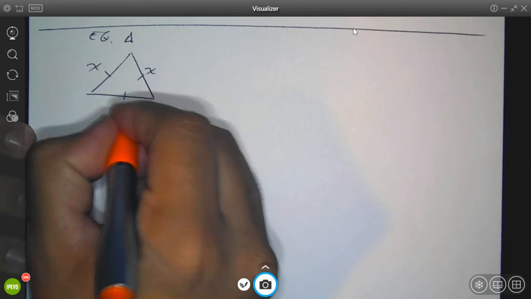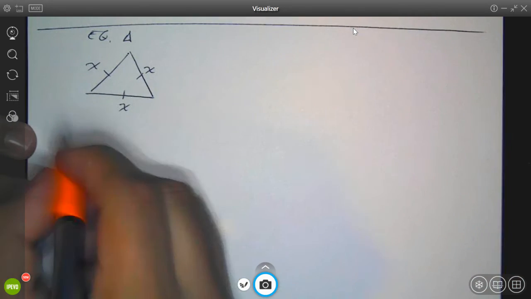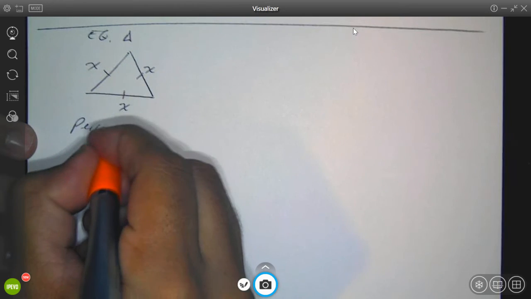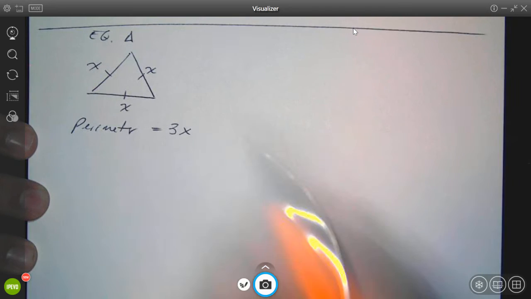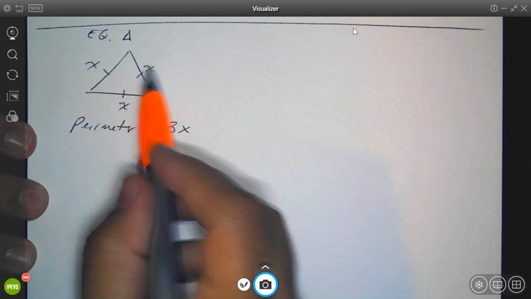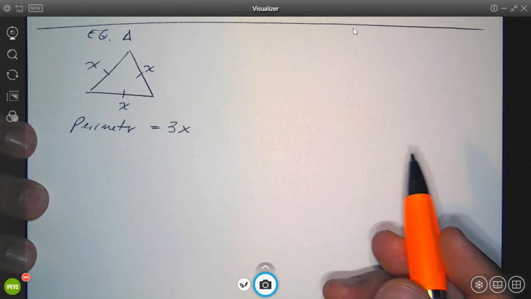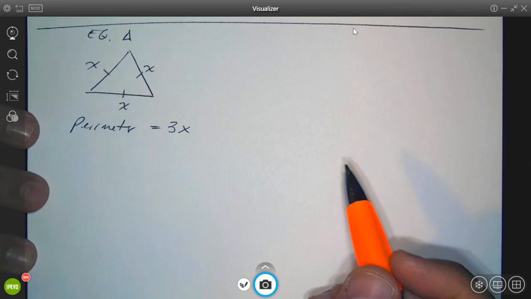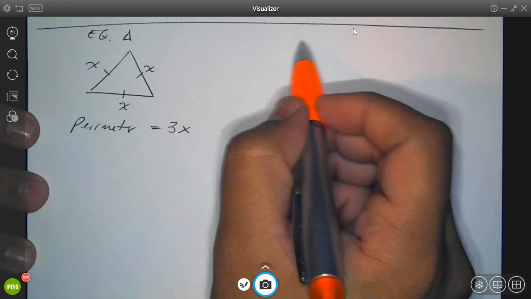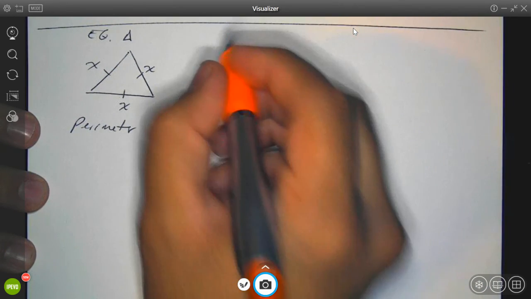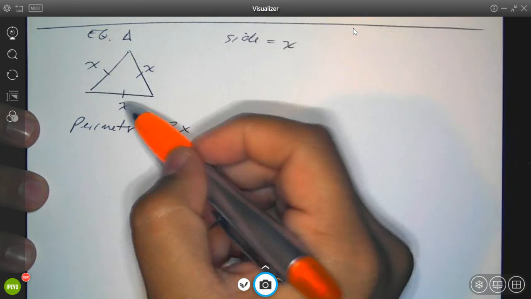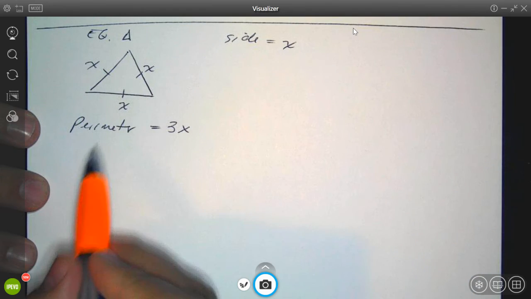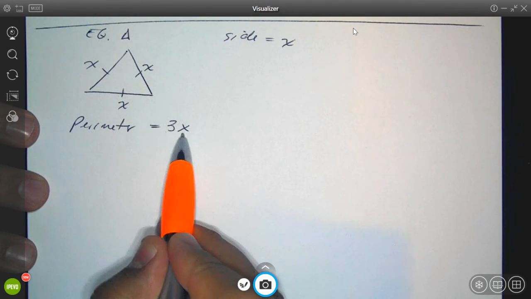For all I know, right? So what is the perimeter, right? We're talking about perimeter. So perimeter, call it 3x, right? Because it's 3 times the size. We have 3 sides, which is the common length, right? Now notice what the first part said. It said, with respect to its side. Well, if the side is x, which we just gave earlier, look at the equation. Perimeter is 3 times the number of x,